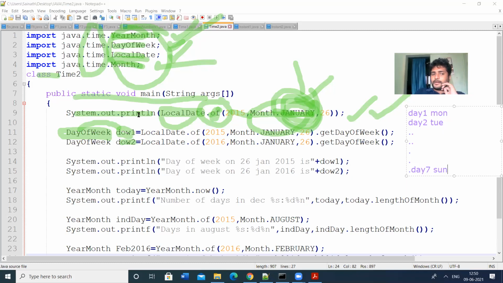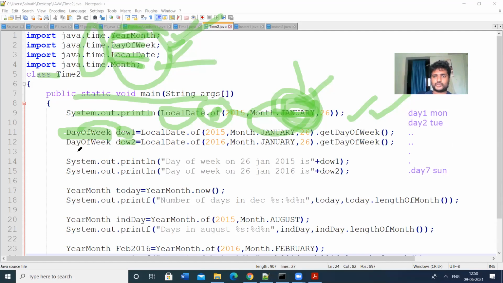That means if you want to display the day of week, say the 12th week, 3rd day, whether it is Monday or Tuesday or Wednesday, that can be possible by using the DayOfWeek method. That means in that week, what is that day?